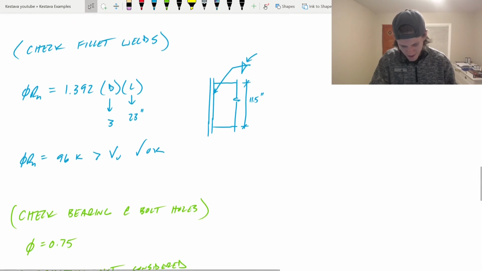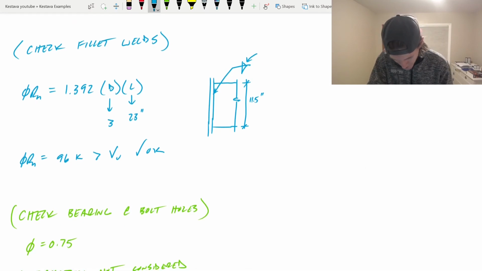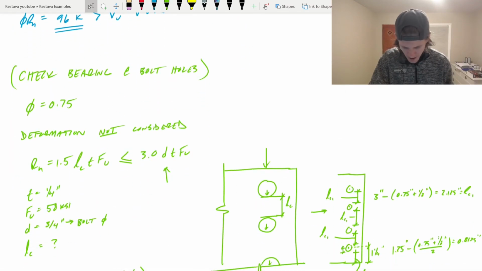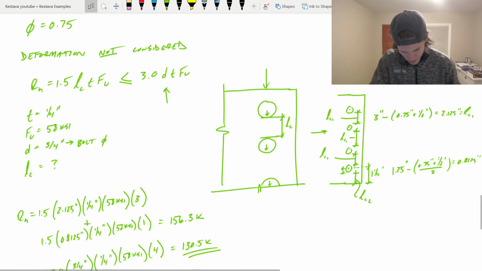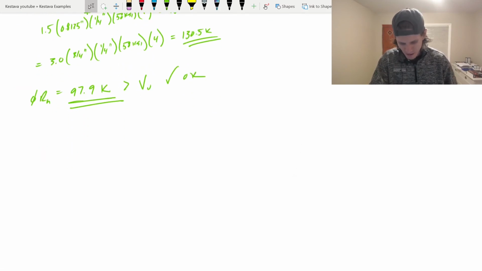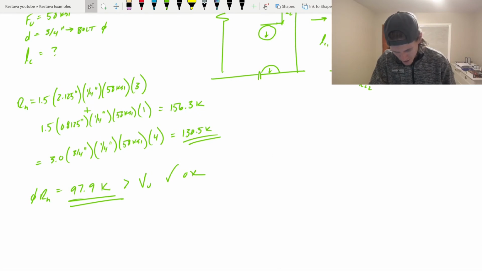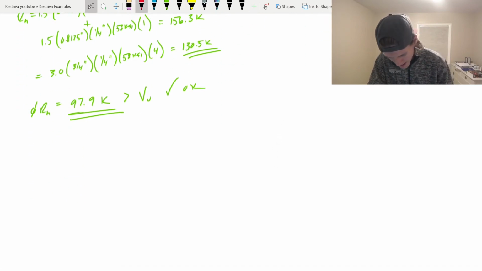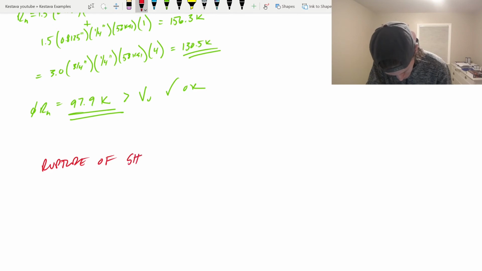Fillet weld, 96 kips. That one's nowhere close. So still rupture. Bearing at the bolt holes, we determined 130.5 kips. That's clearly not it either. That's kind of rare that happens, but rupture is our governing case here of the shear plate, we'll call it, shear tab. And phi Rn is equal to